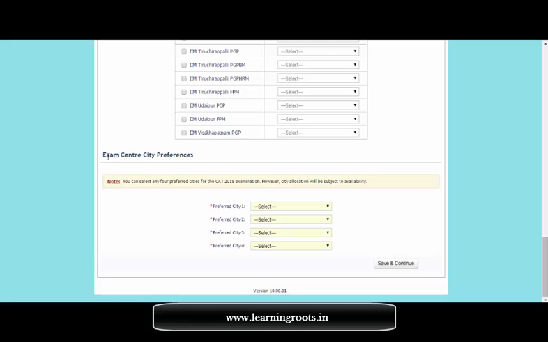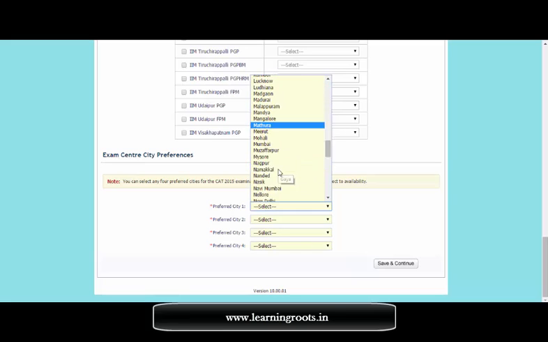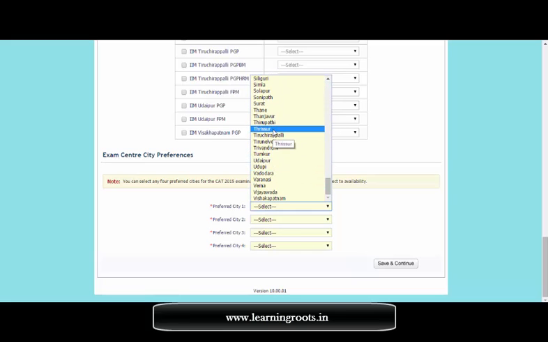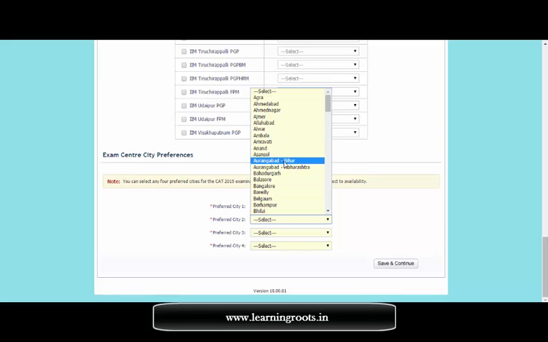Preferred cities for CAT examination. So this is a very important thing. This was said in the notification as well, that you will get preferences instead of proper exam center city to choose. So preferred city one will be, of course, so if there is an option of something that is nearby your place, then you can select that, or maybe something else. So if I select Thane here, preferred city 2 would be,